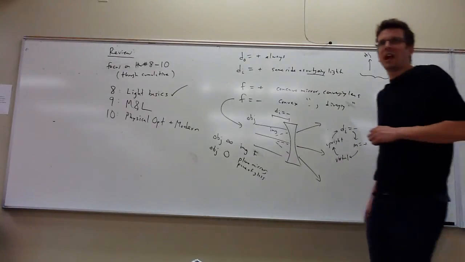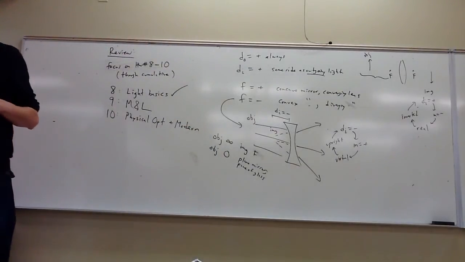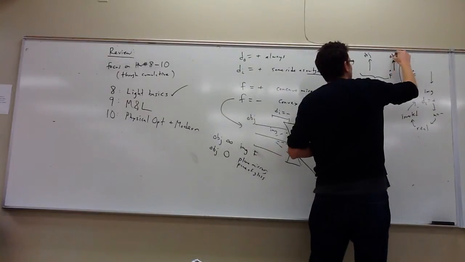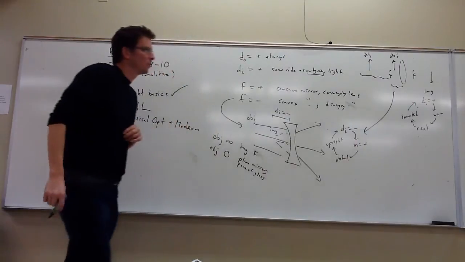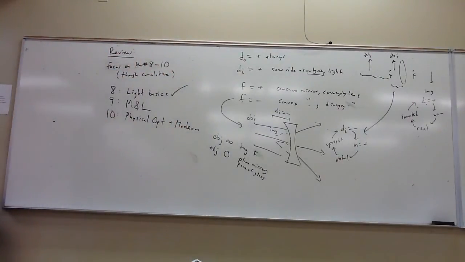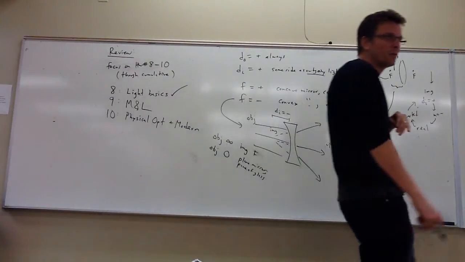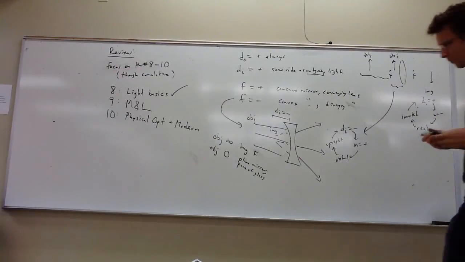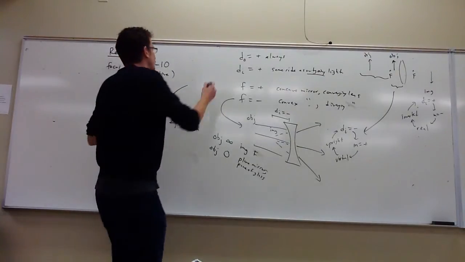But then you can break its ability to converge things if you bring the object too close. And that's when you bring it inside the focus. When you bring the object inside the focus, you're back to over here. You are going to make a virtual image instead. I think in your lab you got to look back through the lens and see it, although you couldn't capture it on the screen. So definitely have the nuts and bolts of those, just be able to run your stuff